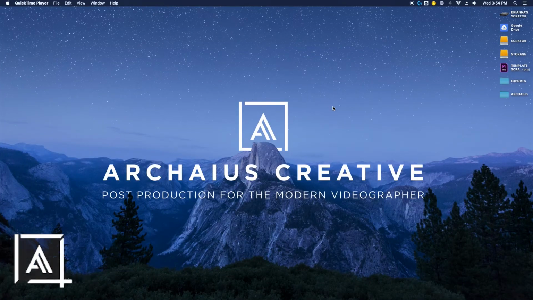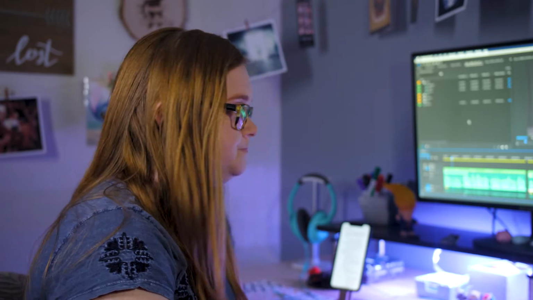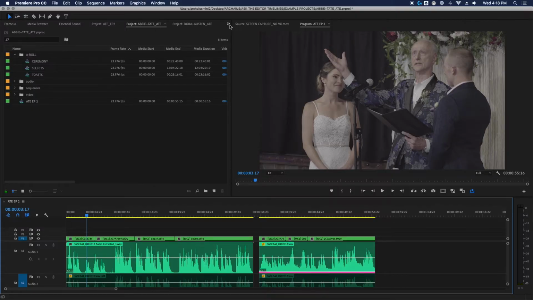This isn't going to fix any serious issues, but it's a quick and easy way to sweeten your audio. If you ever pull your audio into Premiere and notice it feels a little harsh coming straight out of your lav or your recorder, this effect will be great to help make it sound a little bit smoother and more natural. So you're going to want to go into your Effects tab,